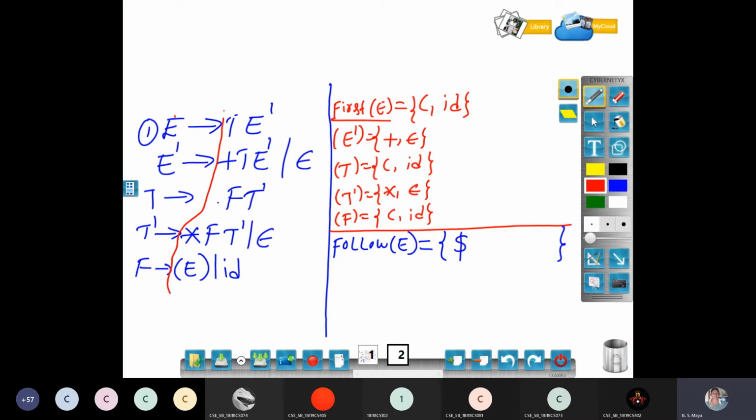Which line will you get capital E in? Quick answer. Only the last line has a capital E. Yes or no? Yes. What is there in front of capital E? After E, what is the first symbol? You take that one. That's all.